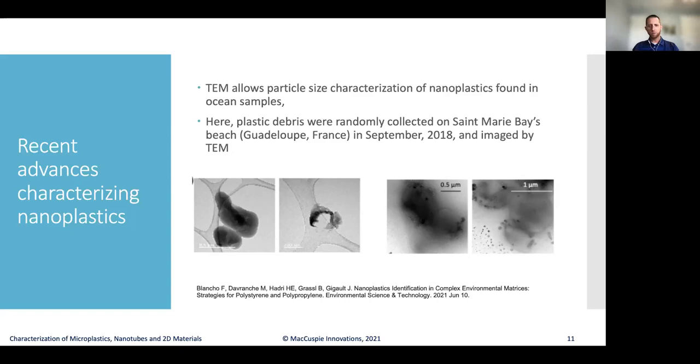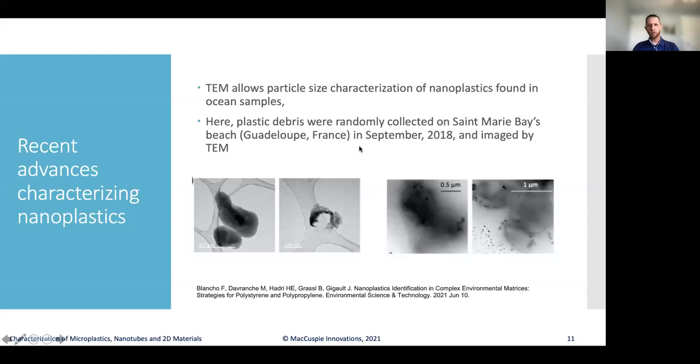Julien Gigault's group in France has been really leading the way, trying to create some standard materials and some kind of well-characterized reference library materials, if you will, to really make these studies more cross-comparable across labs as we look at these potential impacts. And so in this particular case, they were looking at plastic debris that was collected on a